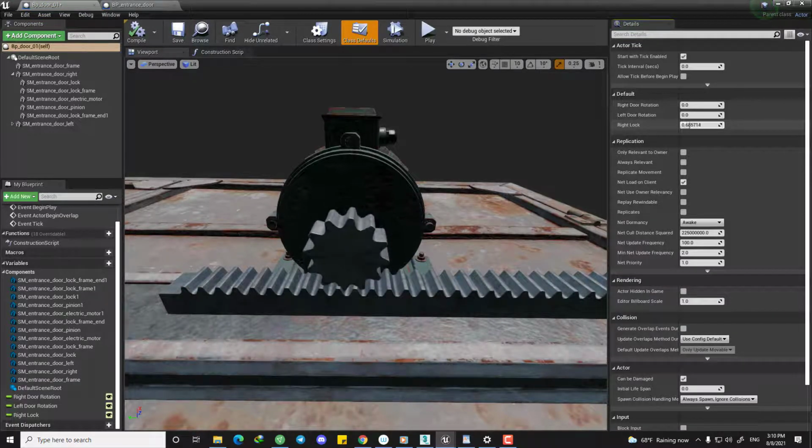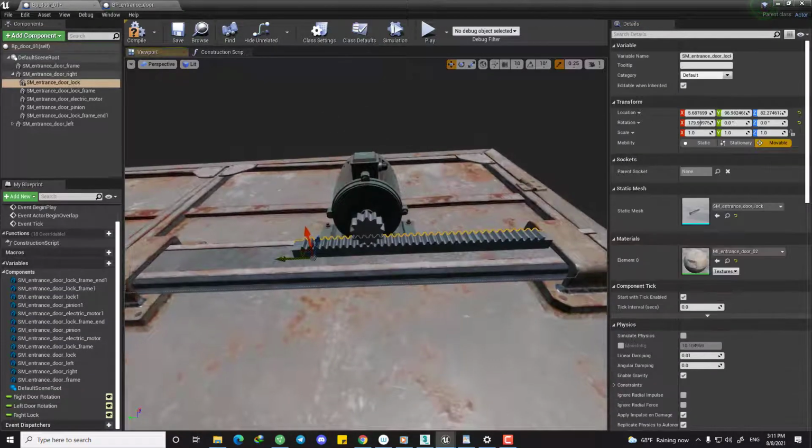Now we can see that we have a smaller number, but at each one complete float value we have one 360 rotation. So 0.25 will be 90 degrees, 0.5 is 180, and then 0.75 is 270 degrees, and 1 is a complete 360. Now our rotation looks fine. Now we need to come up with a solution to make sure that this guy